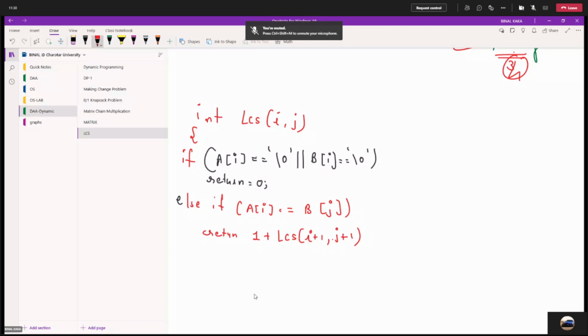So this is the algorithm. First of all you have to check the I and j value. If either is 0, दोनों में से कोई भी 0 है, you have to return 0. If both are matching, if this string is a and this string is also a, then you write the answer as 1 plus LCS(I plus 1, J plus 1). अगर वो भी नहीं है तो मैक्सिमम, ये दोनों में से जो मैक्सिमम होगा दैट इज योर आंसर. सो दैट इज द रिकरेंस. Okay, so let's see how recurrence works.